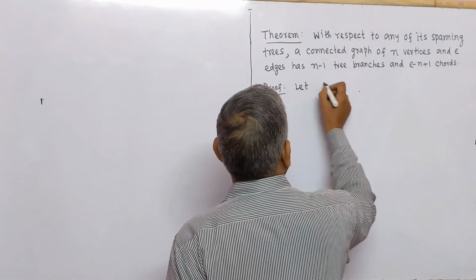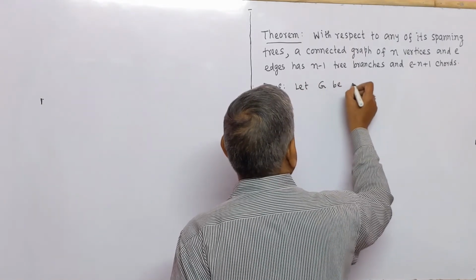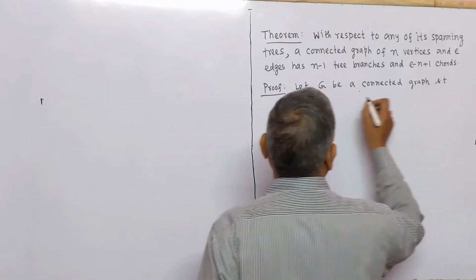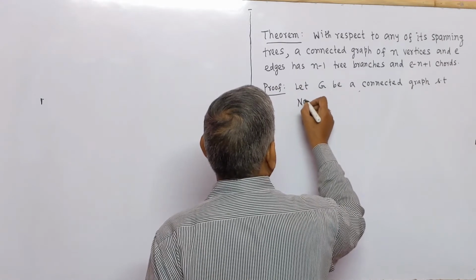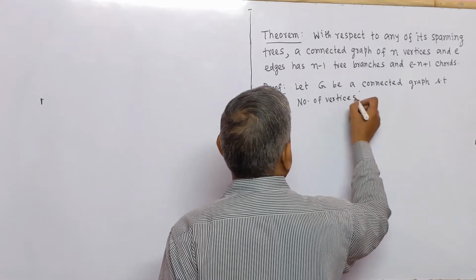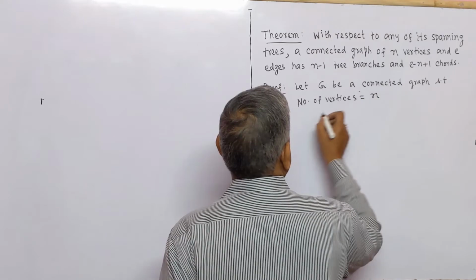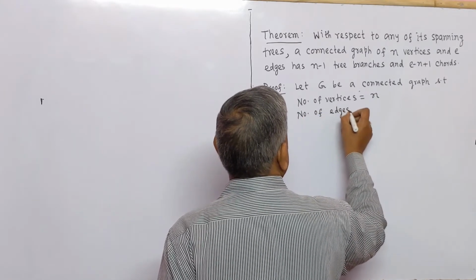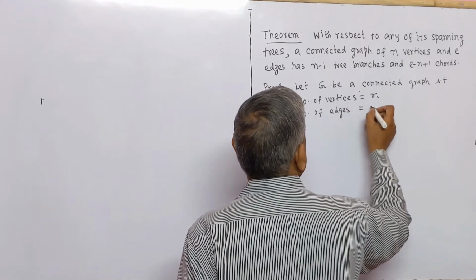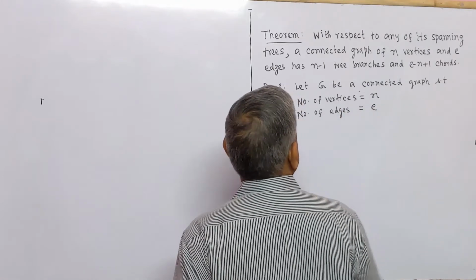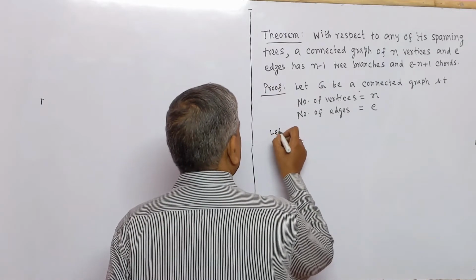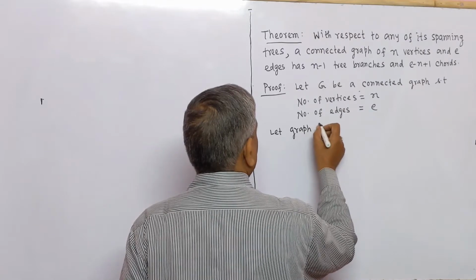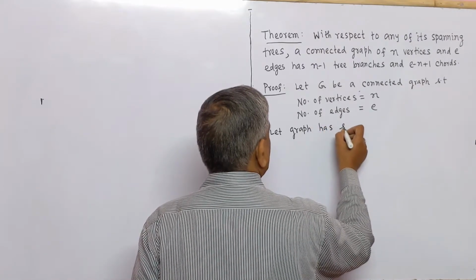Let G be a connected graph such that number of vertices equal to n, number of edges equal to e. Let graph G have some circuits